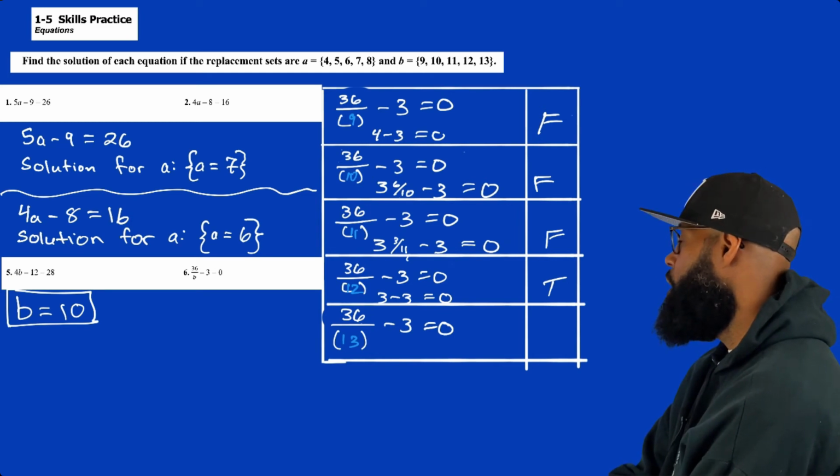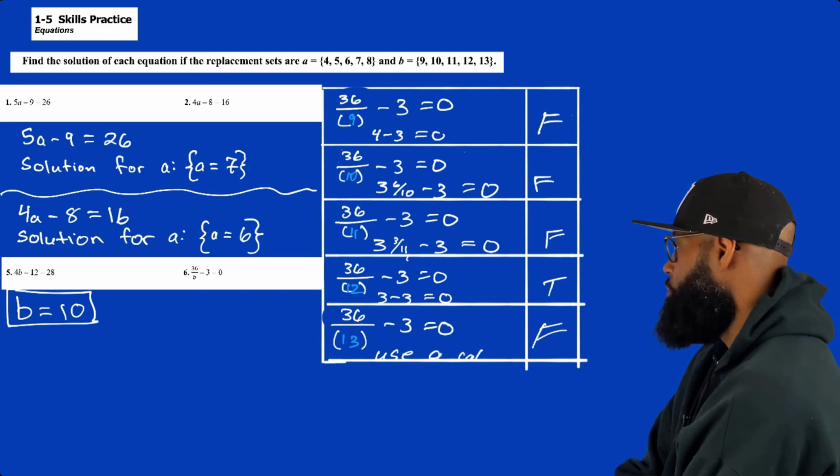Whoa, I found one. Yes. 36 divided by 12 is 3. 3 minus 3 is 0. Found my true. And last one, false. And I don't even know if I'm gonna bust that out because,